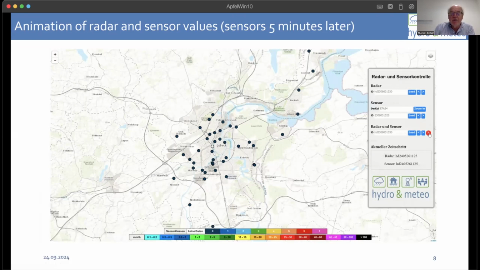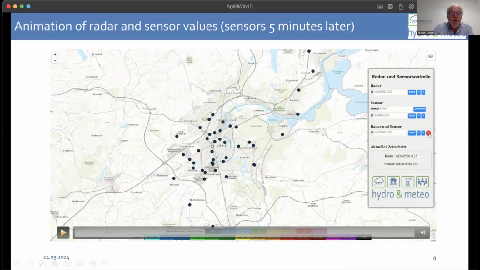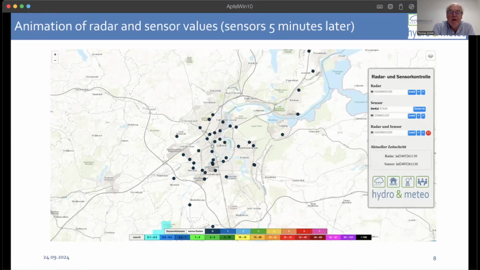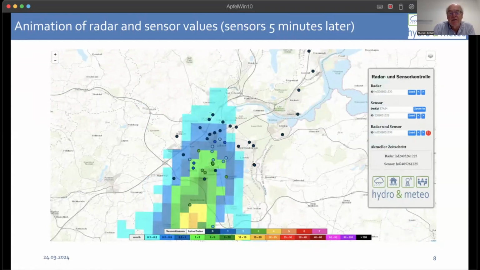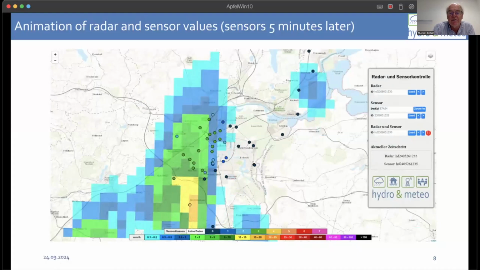And so we try to put the color scale more or less into the same region. And then we compared what we can see. So this is one event as an example. And you can see how the rainfall with 1 square kilometer and every 5 minutes is coming up from the southeast. And you can see that some of the sensors are reacting